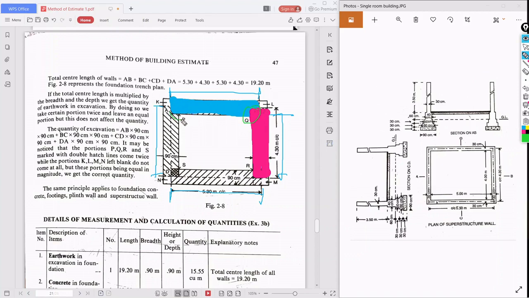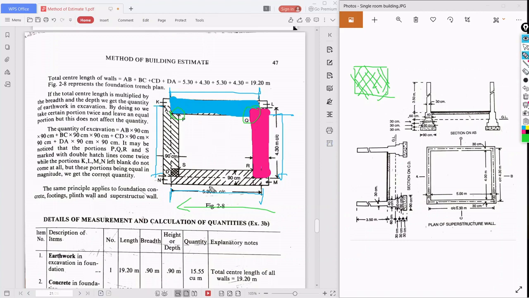The small portion in the corner was already taken out. But while doing it for this length, that portion was again reconsidered.